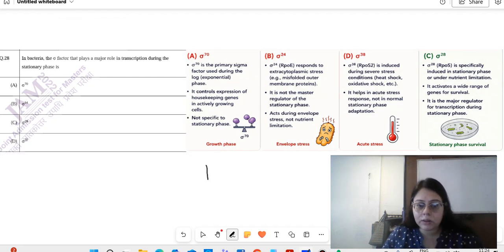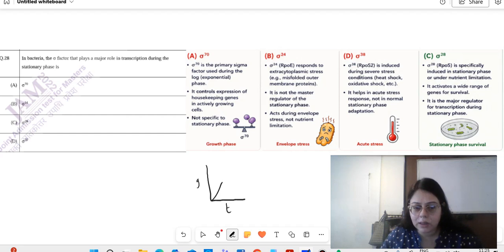If you see the growth curve of the bacteria, with the number of cells or growth against time, this is the lag phase, then it goes to the exponential phase, then it reaches a static phase which you call the stationary phase. So this is the growth curve, the number of cells growing along with time, which can be 0 to 24 hours. Like this. So in the case of sigma 70, they help